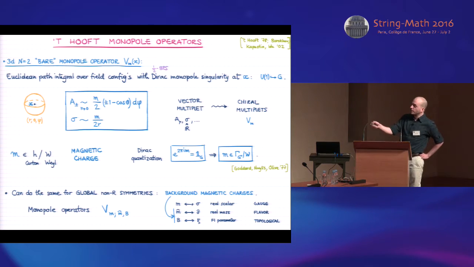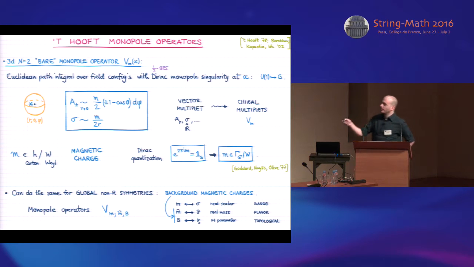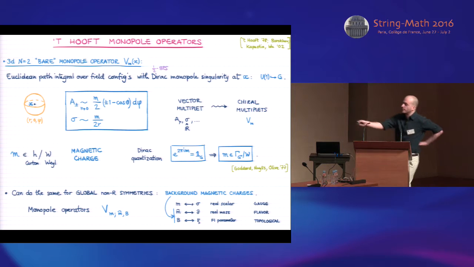So in particular, in the context of these 't Hooft monopole operators, the boundary condition that you're imposing on the Euclidean path integral is that the gauge fields have a Dirac monopole singularity at the insertion point x. Say this is defined by an embedding of U(1) into the gauge group. Say we have an insertion point x, a 2-sphere around it, and there is a Dirac monopole singularity for the